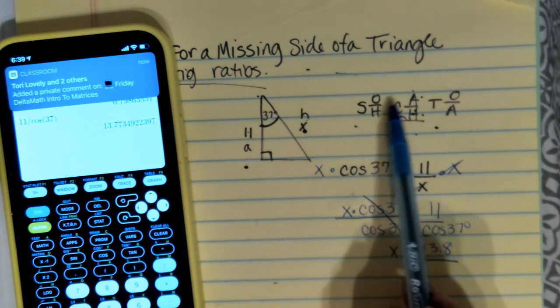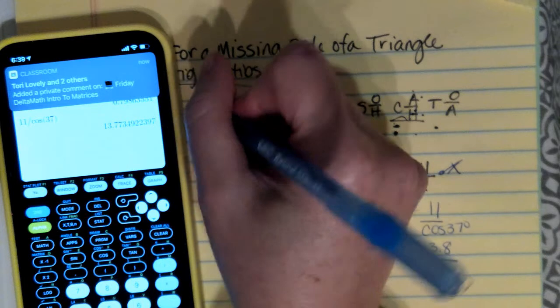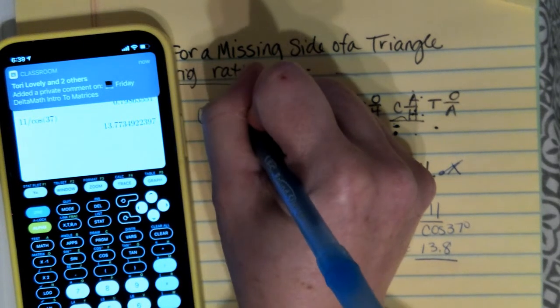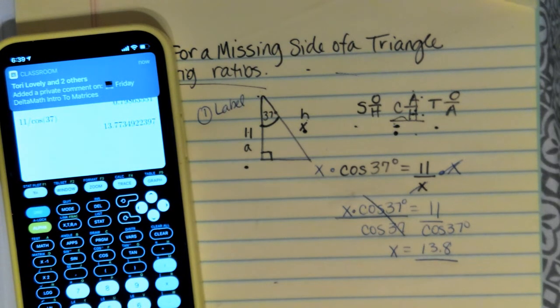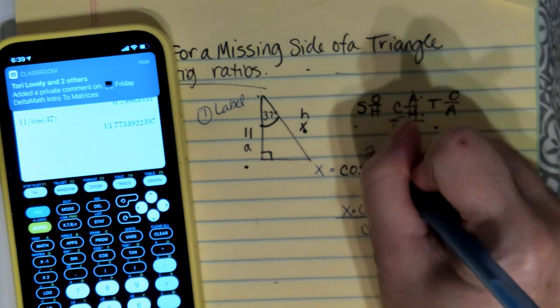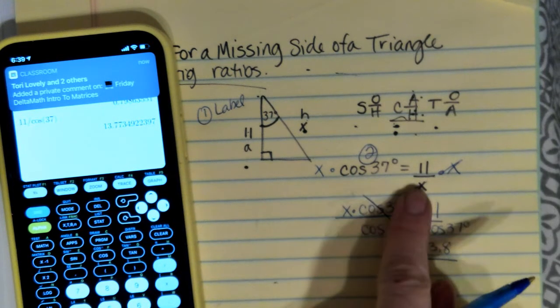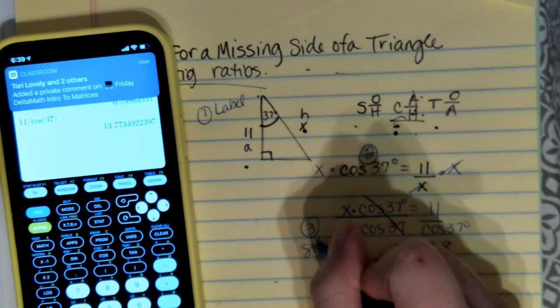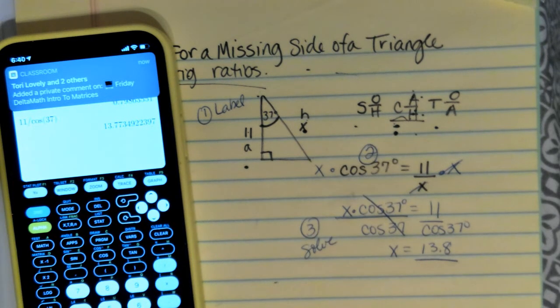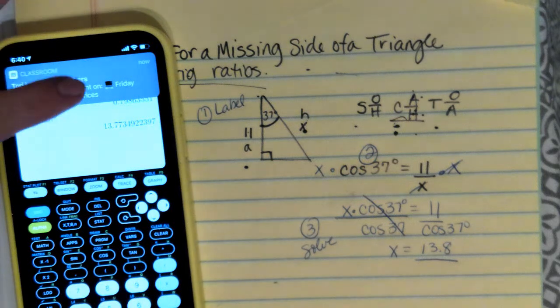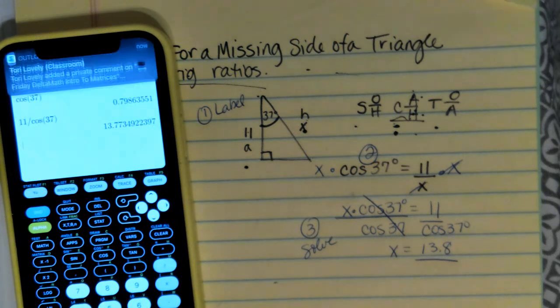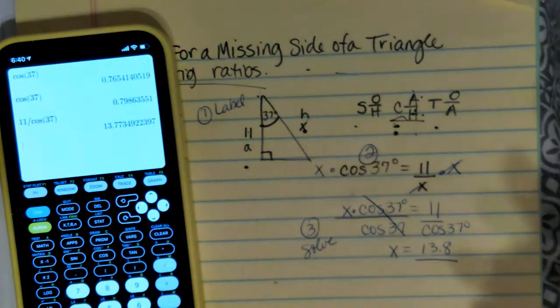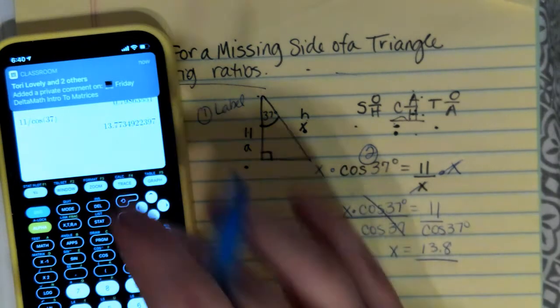You're going to label them opposite, adjacent, or hypotenuse. So step 1, you want to label. Then step 2, you are going to write out your equation. And then step 3, you're going to solve. So you just solve using the algebra that you know. Now, what I want to tell you is that anytime,